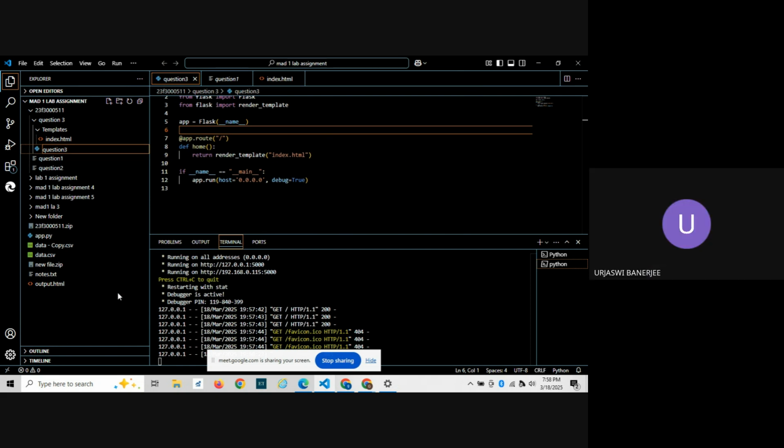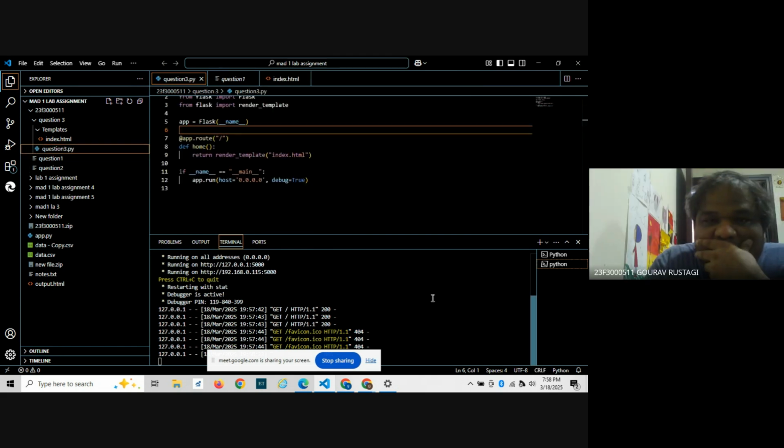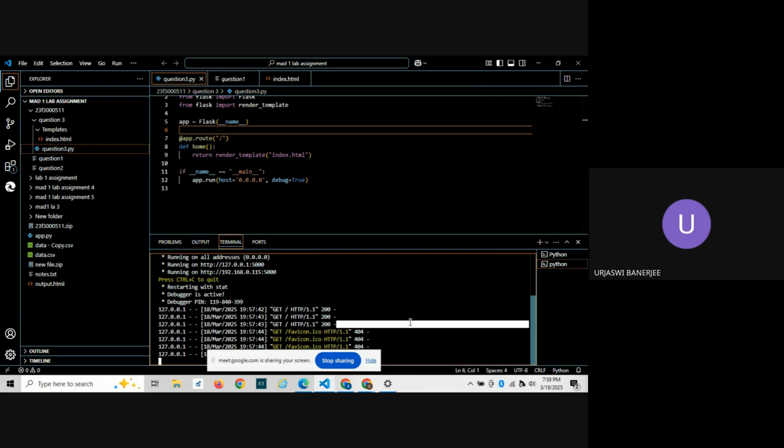Yeah, question 3 dot py. Okay, now close it in the terminal. Press Control C. In the terminal, you see the white box, press Control C. Now it will stop running and you will run it again.